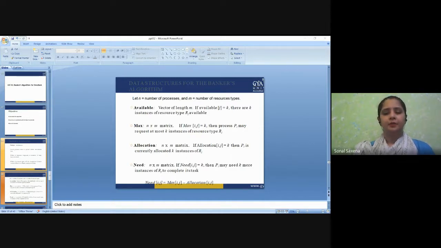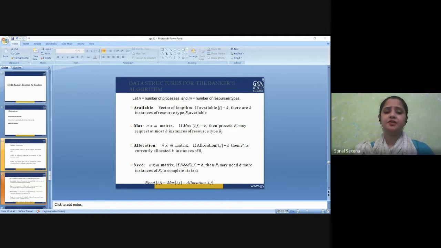Now, the bank would never allocate its money in such a way that it can no longer satisfy the needs of all its customers. By using the Banker's algorithm, the bank ensures that when a customer requests money, the bank never leaves a safe state. If the customer's request does not cause the bank to leave a safe state, the cash will be allocated. Otherwise the customer must wait until some other customers deposit enough.